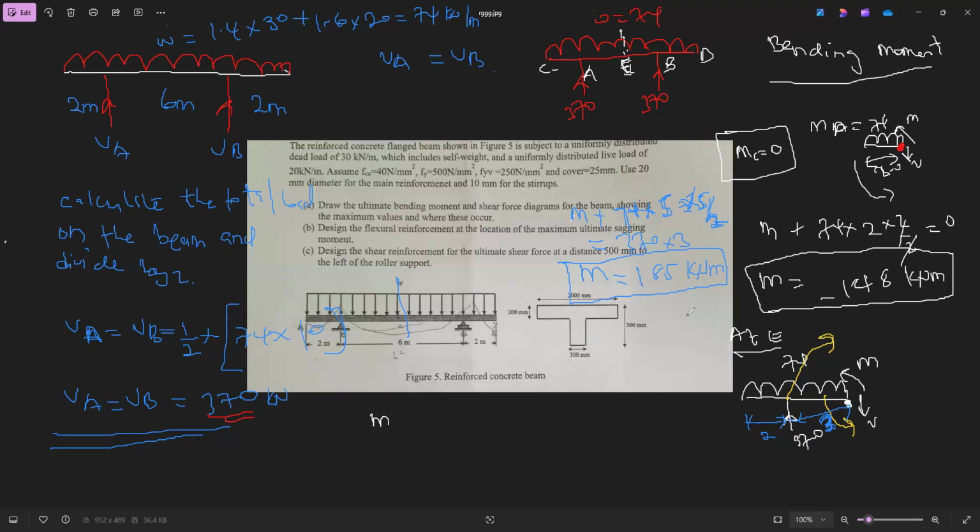Yeah, that's M at C. So let's do for B. That was M at E. Sorry, it's E. So M at E is 185 kilonewton meter. Then